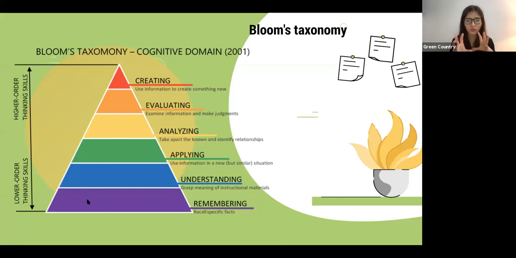I just want to warn you that I don't mean that one of these criteria is less important than the other one. For example, remembering is not less important than creating, or evaluating is not more important than understanding. All of them are equal, all of them should take place in the learning. For instance,